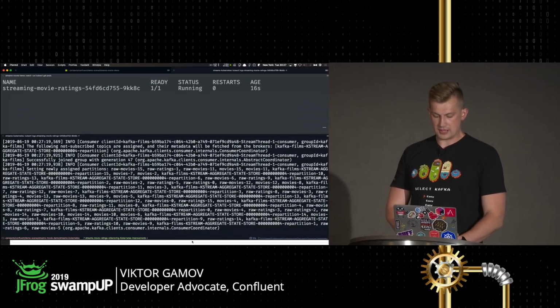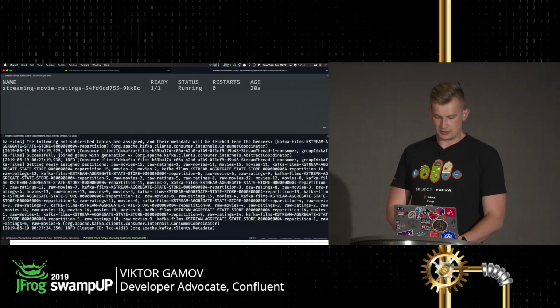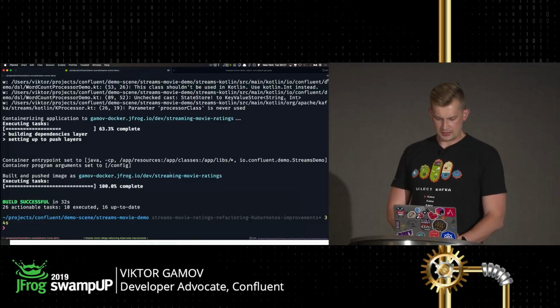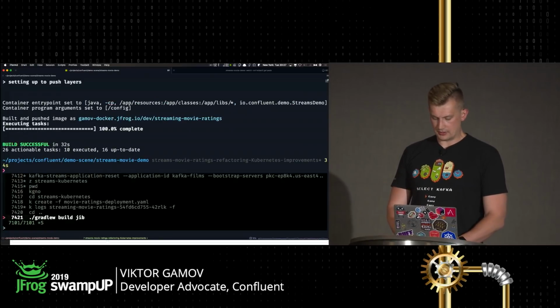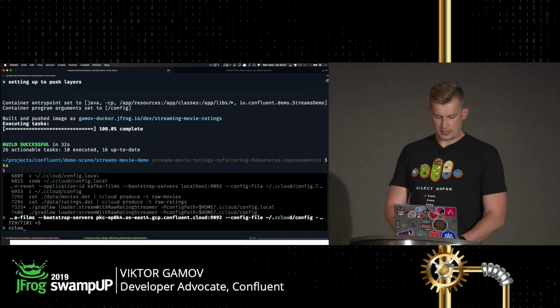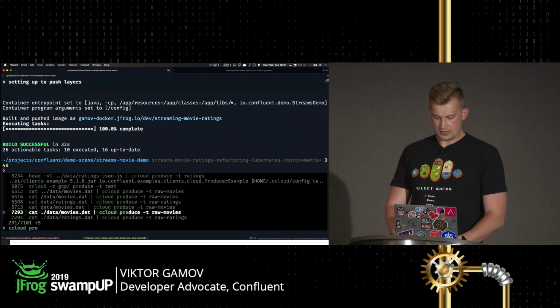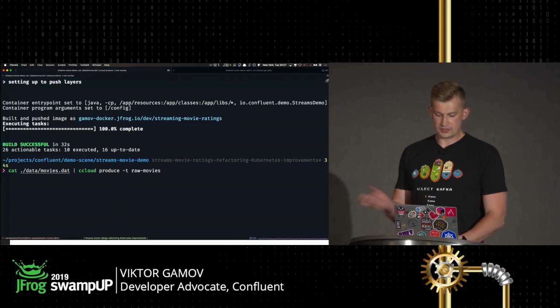So the thing is that when the application is running, we can start populating some data. In this particular case, I need to pull this initial data. I'll do cloud produce. I produce my raw movies. They will land in this topic, and after that, I will put some of the